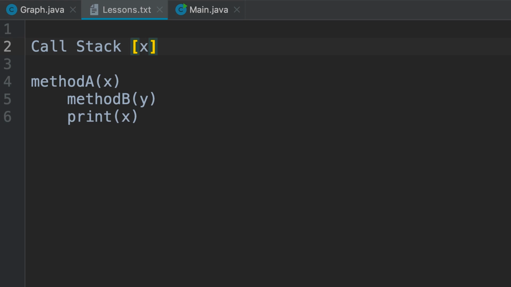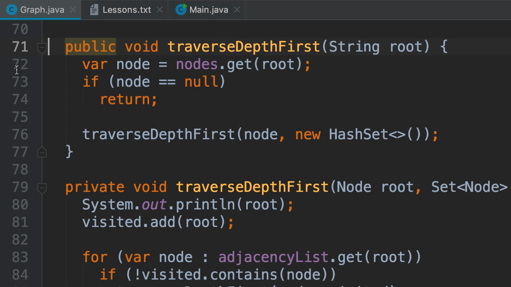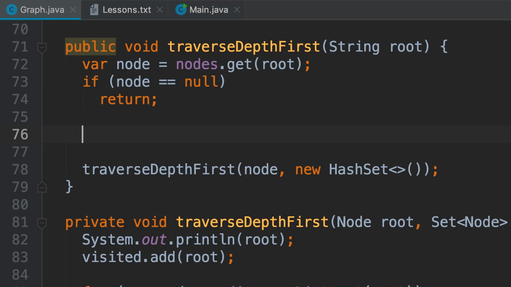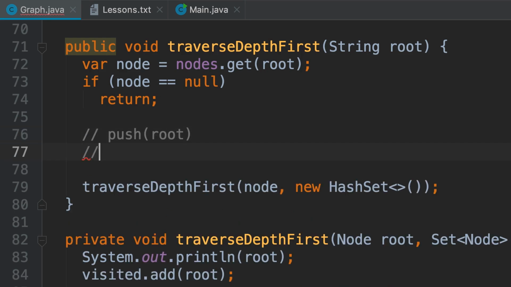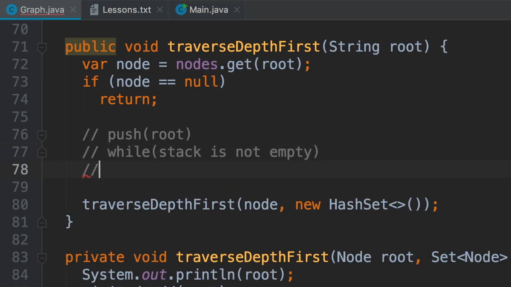Now, we can use a similar technique to implement our traversal algorithm using iteration. So, initially we want to validate our root node. We want to make sure this is a valid node in our graph. Then, we're going to push this root node onto our stack. Now, while the stack is not empty, we're going to pop it and store the result into a variable called